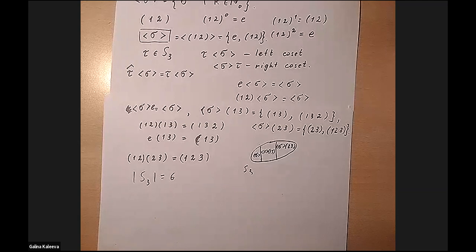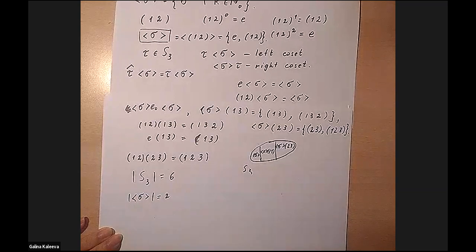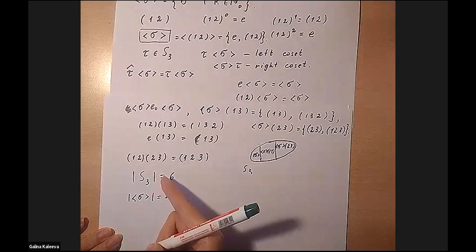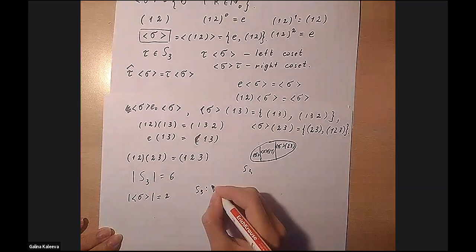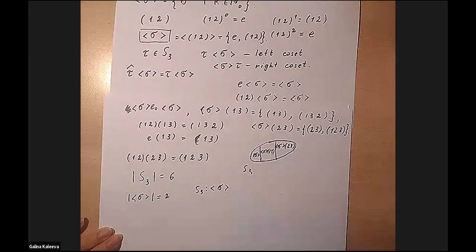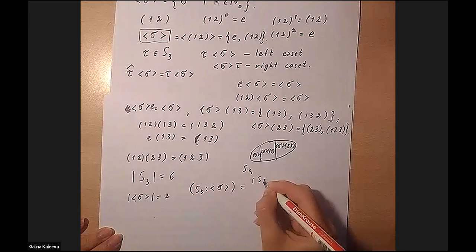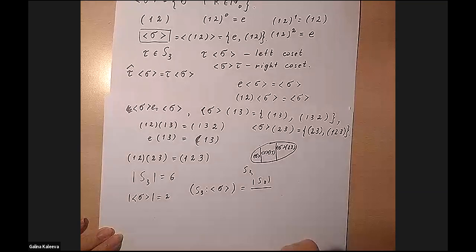We have a subgroup consisting of 2 elements, the subgroup generated by sigma. And we have a group which consists of 6 elements. And the number of right cosets, denoted by S3 colon the subgroup generated by sigma, equals the number of elements in our group divided by the number of elements in our subgroup. This is the Lagrange theorem, right? So it works